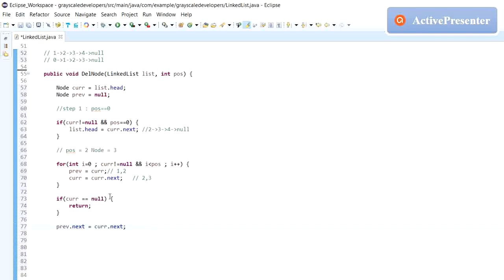What happens here? What is previous? Previous is 2. So I'm making 2's next as, what is the current node? The current node is 3, but here I am taking current node next. What is 3's next? 3's next is 4. So I am making it 4. So here I am getting output like 1, 2, and then I am making 2's next as 4, and then I am making it as null. This is a void method, so I am not going to return anything.